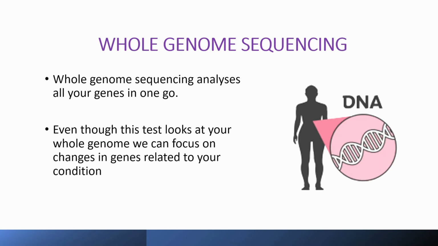So the reason this method of analysis is called whole genome sequencing is that we can look at all your genes in your DNA simultaneously. With previous technology, we used to have to look at each gene sequentially, which was quite laborious. So even though this technique looks at all your genes, we can actually focus the analysis on the genes that cause muscle ion channelopathies. And in the neurogenetics lab, we carry out genetic testing for a range of neurological disorders,